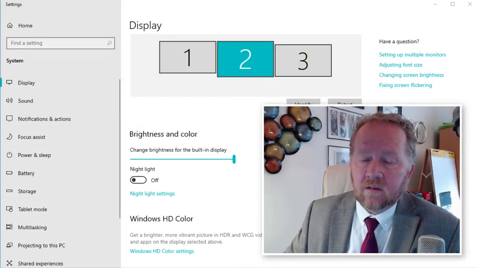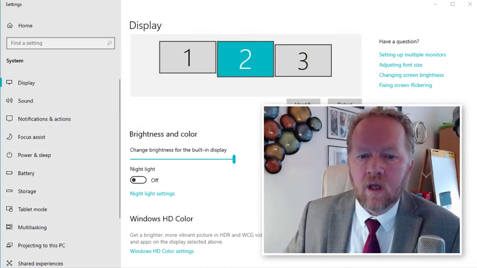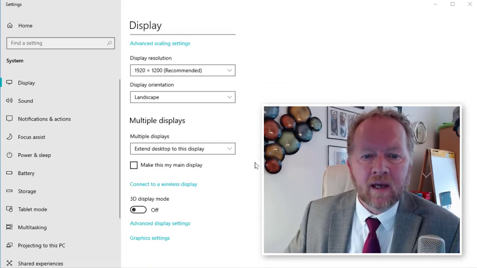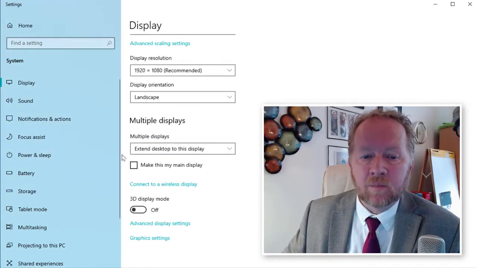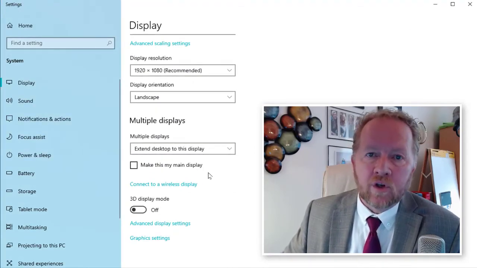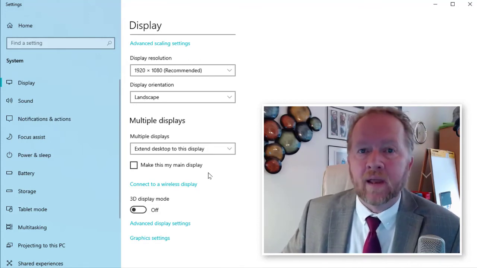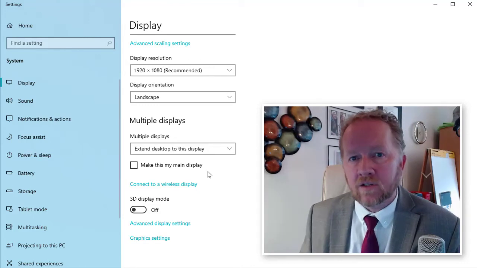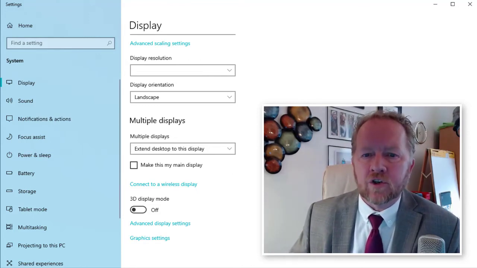Two last points. First of all, be advised that if you have a control panel chosen, it's not unwise to make it your main display. So what you can do is select the one that is your control panel, and then say you'd like to make this my main display. That means that all of the controls and all the icons at the base of the screen will show up on that screen. And plus, you may not prefer to show all the icons on your display monitor. So that's one thing. The second is knowing about resolution.